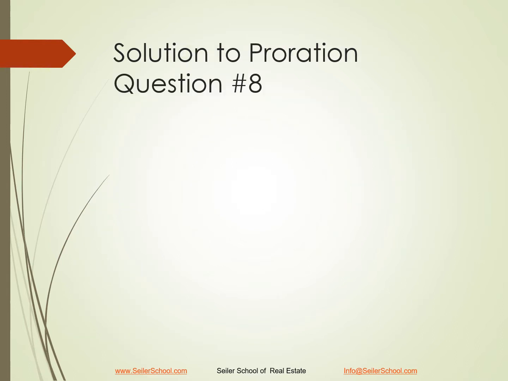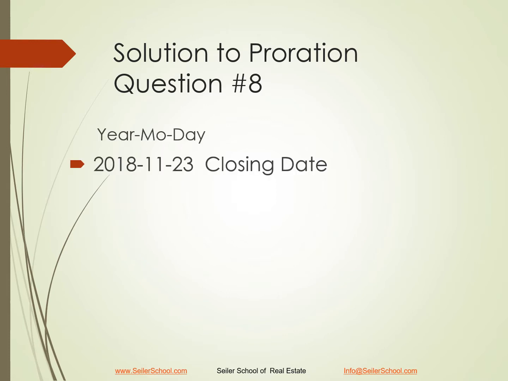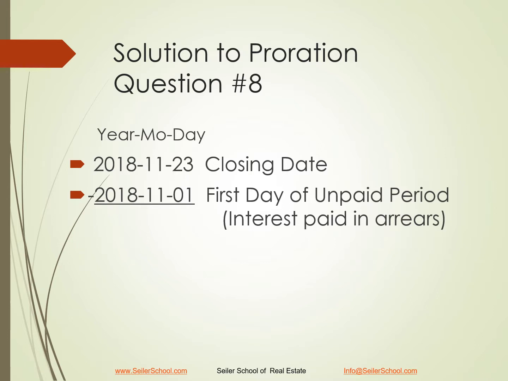Working on the solution to proration question number 8. Our closing date is November 23rd of 2018. That's how we write it down, 2018-11, 11th month, and the 23rd day. The first day of the unpaid period. Now this we have to remember, interest is paid in arrears. So the first day of the unpaid period is November the 1st. Even though you made the November payment, it paid for October. So the first day of the unpaid period is November 1st, which is